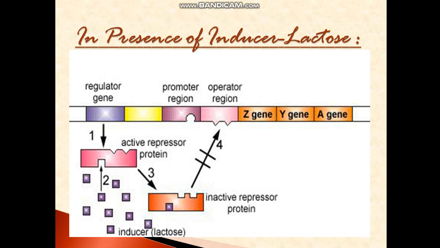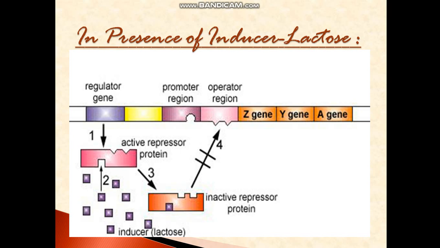Now once all the lactose has been digested, this inactive repressor will again become active, and again it will realize, okay, I was distracted from my functioning, and now I need to go and join the operator again. So the repressor quickly realizes this when all the lactose has been digested by the enzymes which are produced by these structural genes present here. The lactose is finished. Now the distraction is finished. Now the repressor comes to understand, okay, now I have to go and stop the operator so that the expression should be stopped.